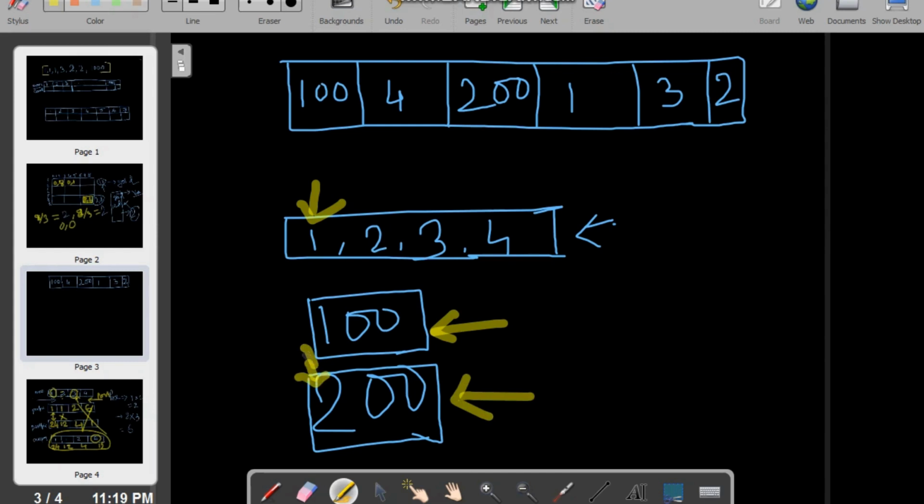So in this case we need to find out whether we have a left neighbor of this one. If the left neighbor exists,